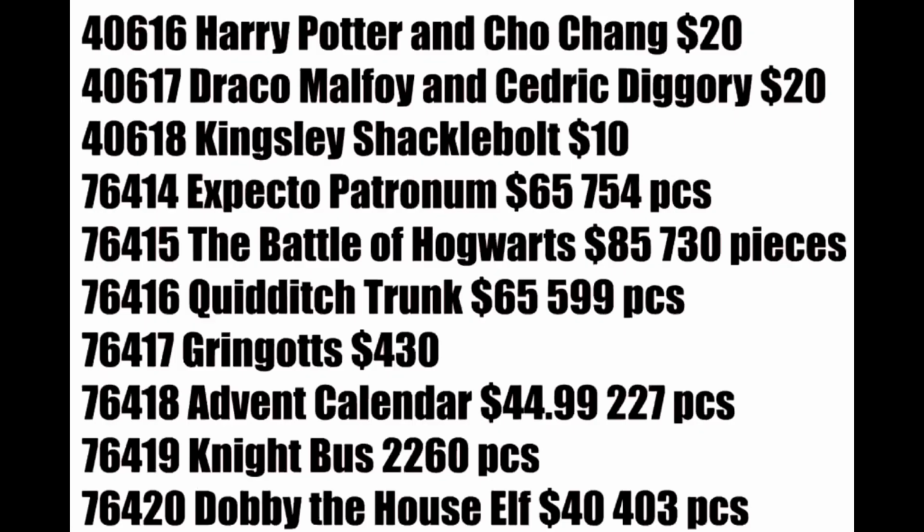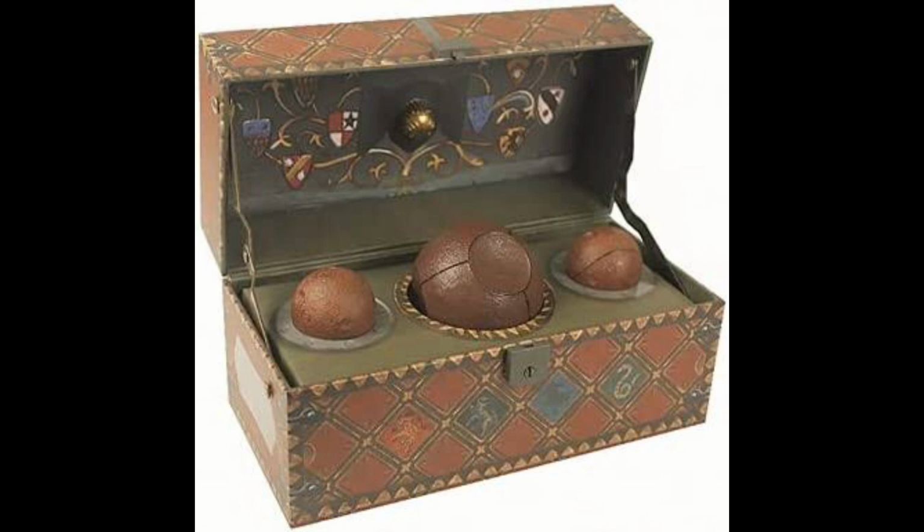Then the next set is the Quidditch trunk. And like a number of other people, I'm definitely speculating that it will be one of those large scale sets, and I think it works for a set like the Quidditch trunk. And although including a Quidditch trunk within this new wave of LEGO Harry Potter sets is unnecessary, I like the approach LEGO are going for, rather than just producing the same amount of sets from past Harry Potter waves,